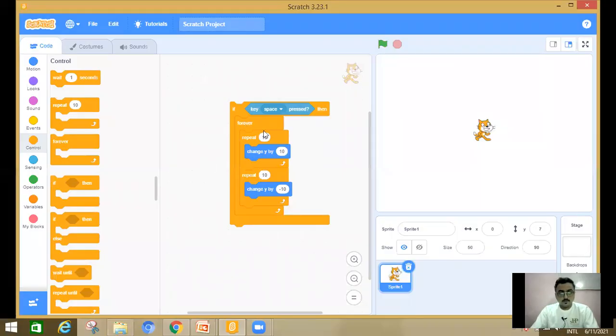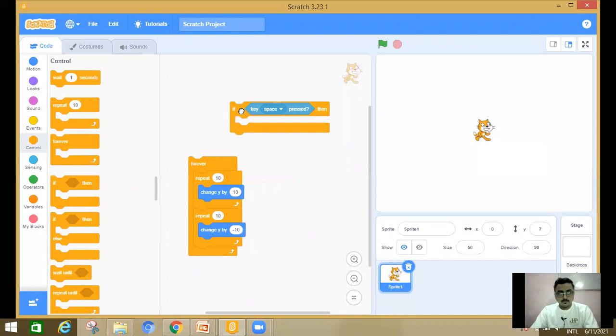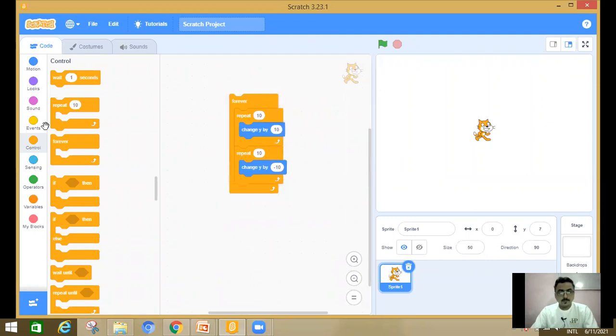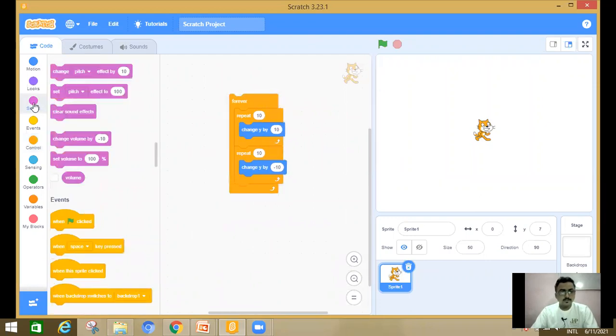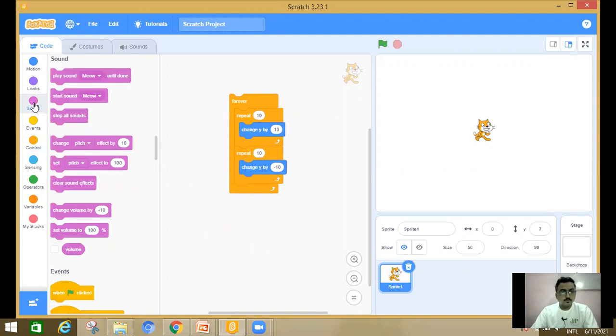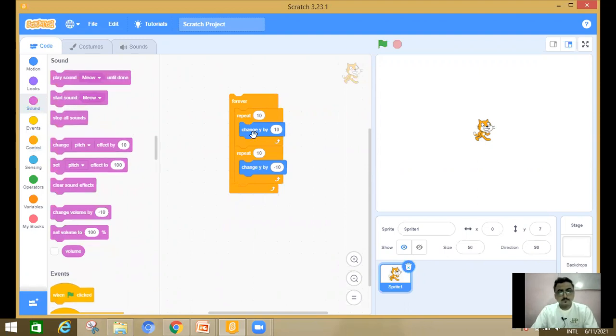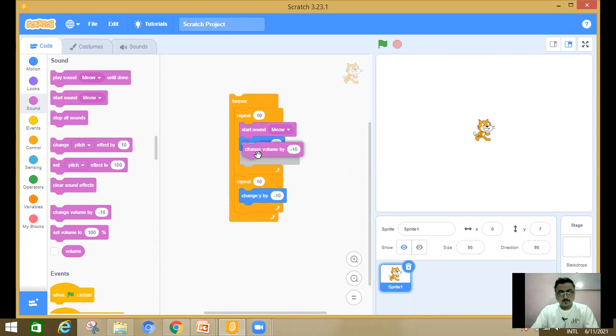For a while I am going to delete that if statement. Now I'm going to insert sound, start sound, and change the volume by 10 also.